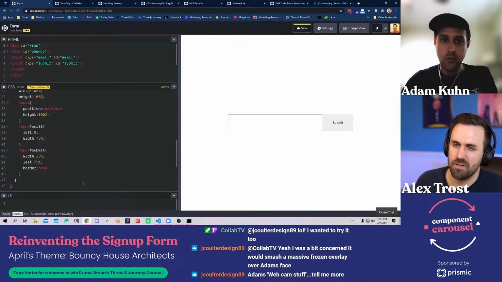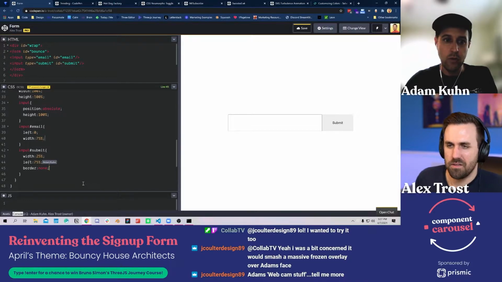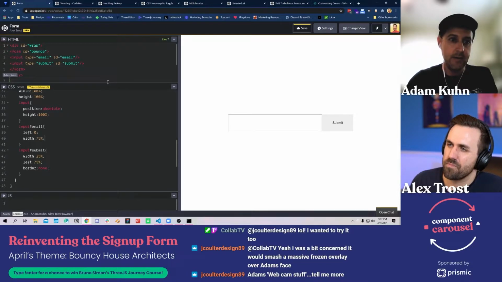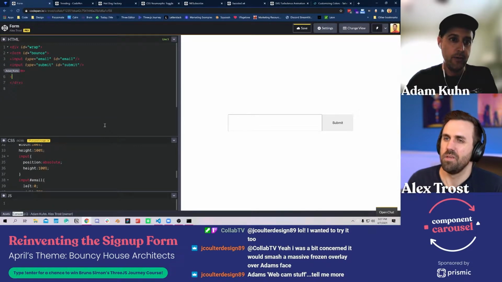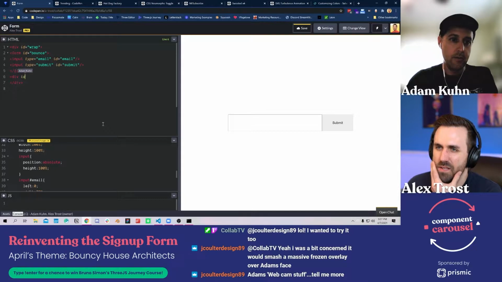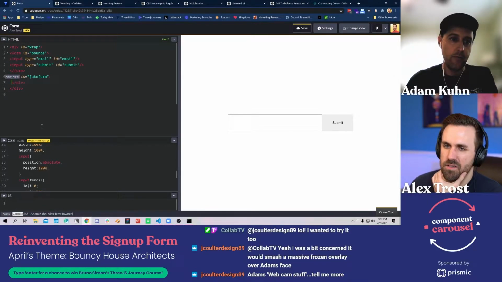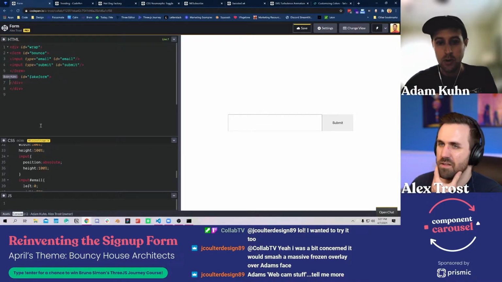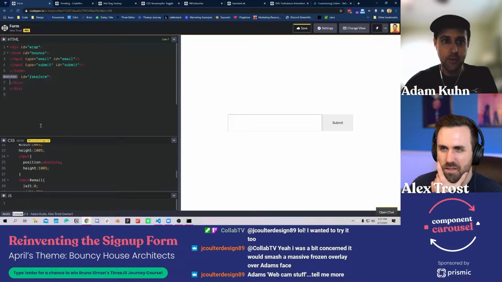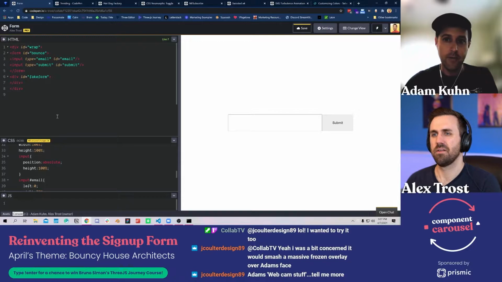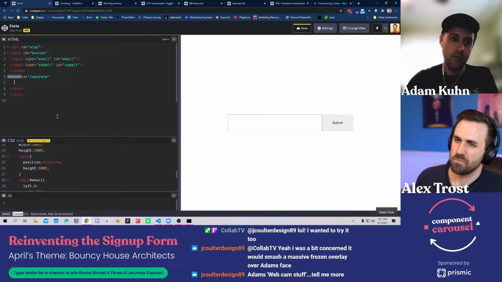So what we're going to do is add what I'll call the fake form, right? In fact, maybe we'll just give it that ID, and we're going to throw it also in the wrapper. So is this fake form just a div? More or less. For now it is. Once we get into the JS, then we'll see what happens within there. I'm actually going to throw some dummy content.